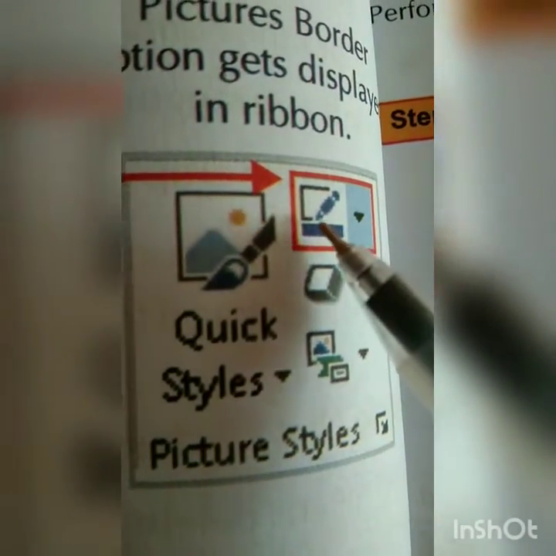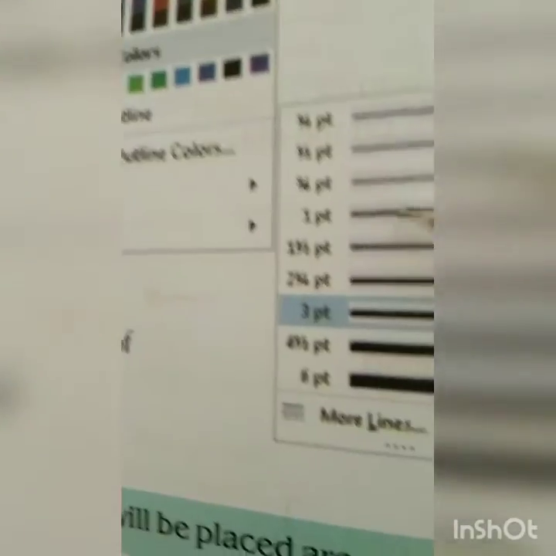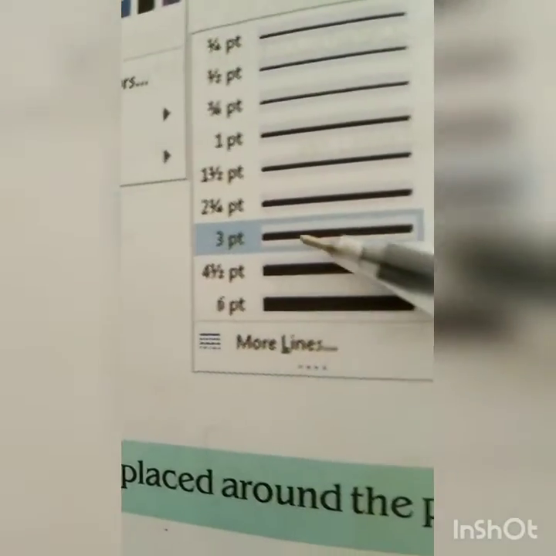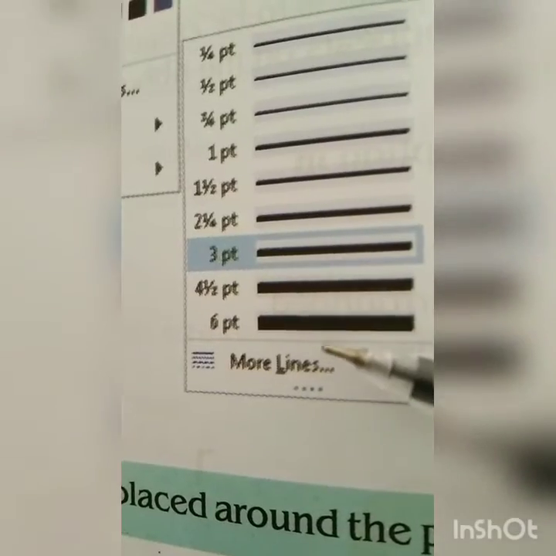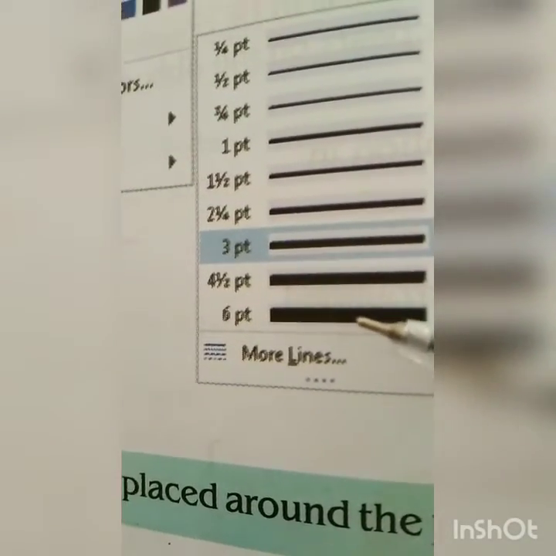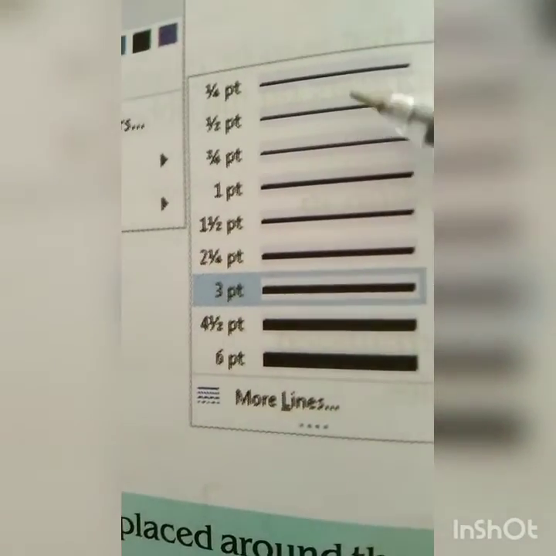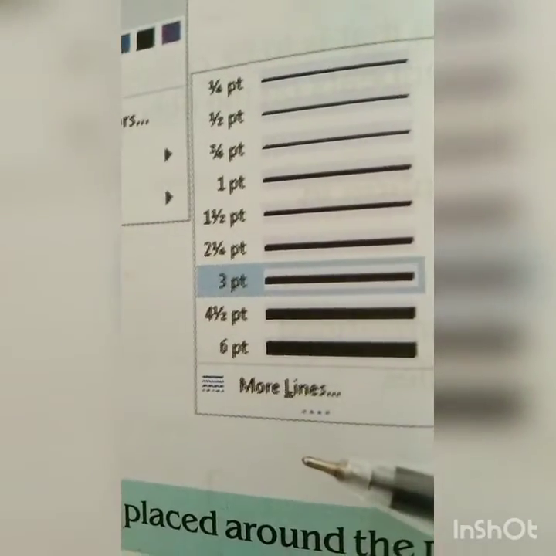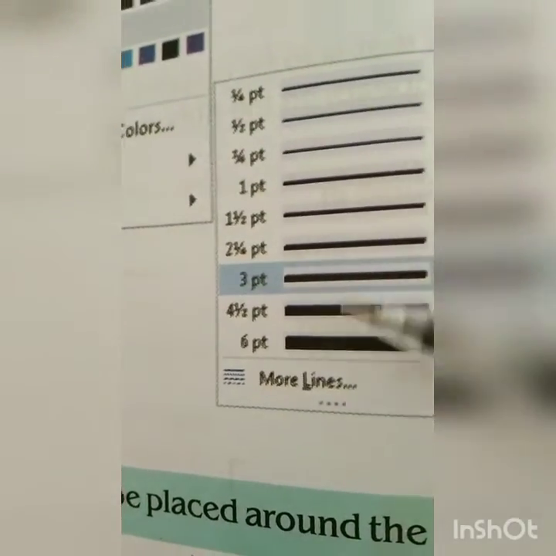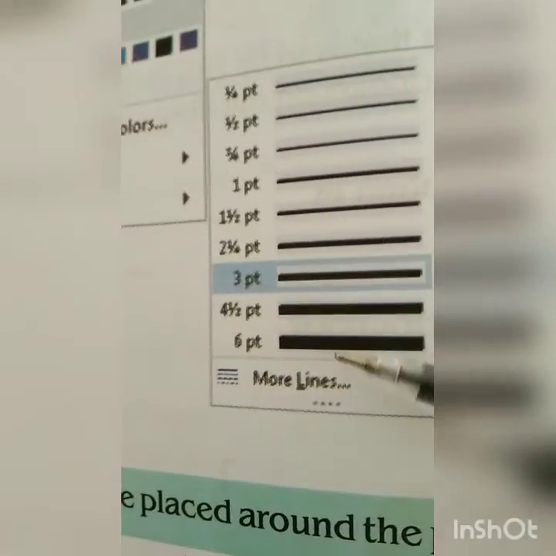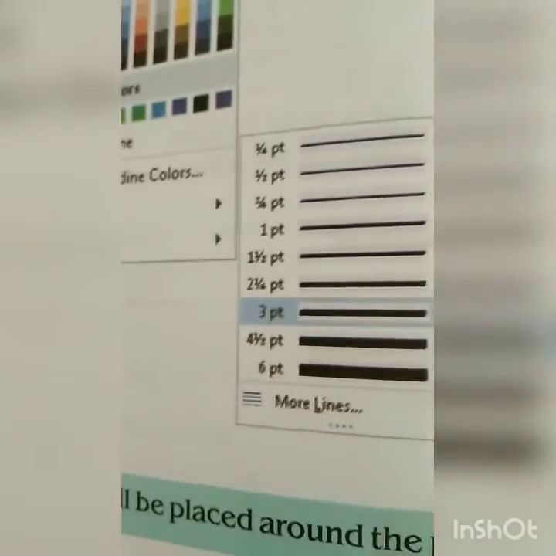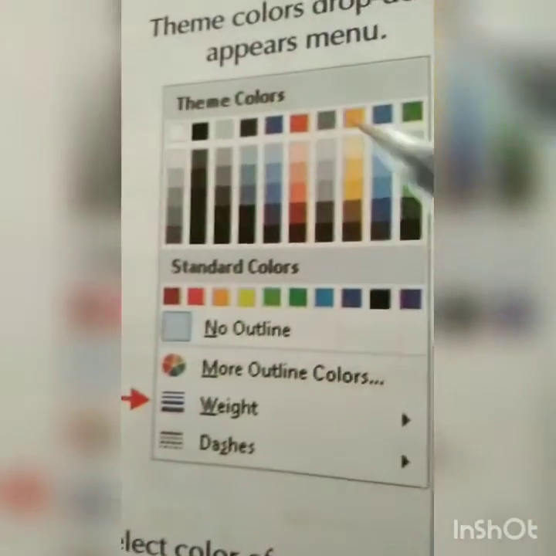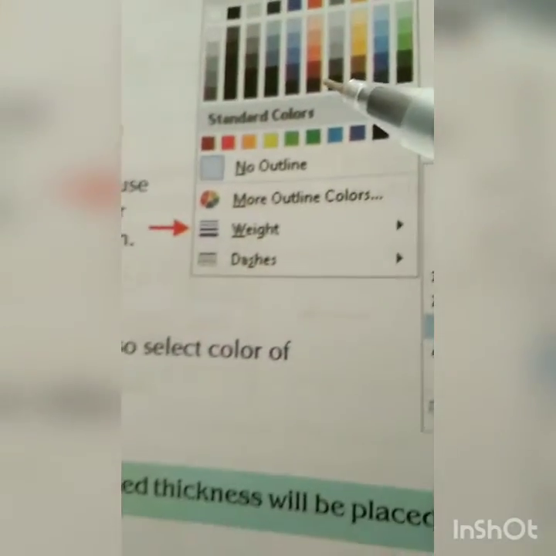It's up to you what type of changes you want. And see here is one pencil. So with the help of this selection, you can select the line size, so it shows the width of the line. The width of the line, how much line color you want to keep, the border of the picture you want to keep, a colored border. A black border also you can keep, and by selecting color you can keep a colored border also.